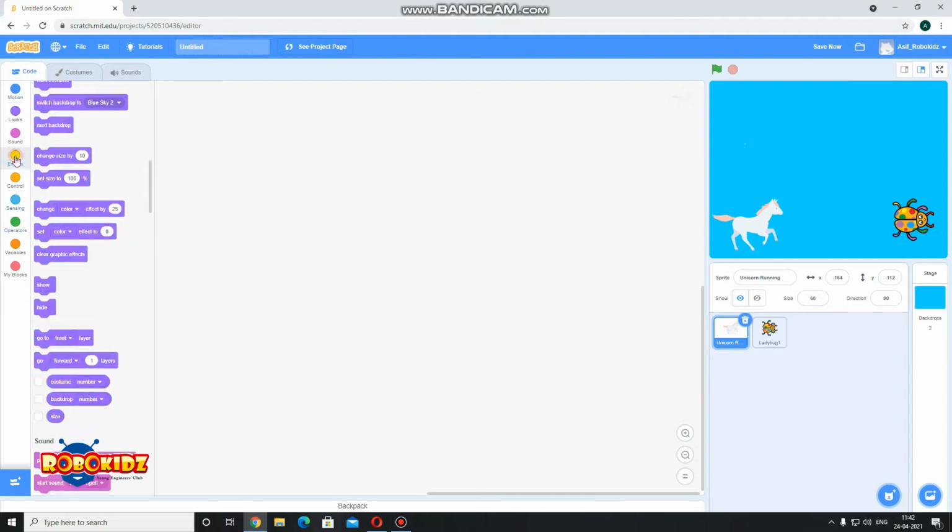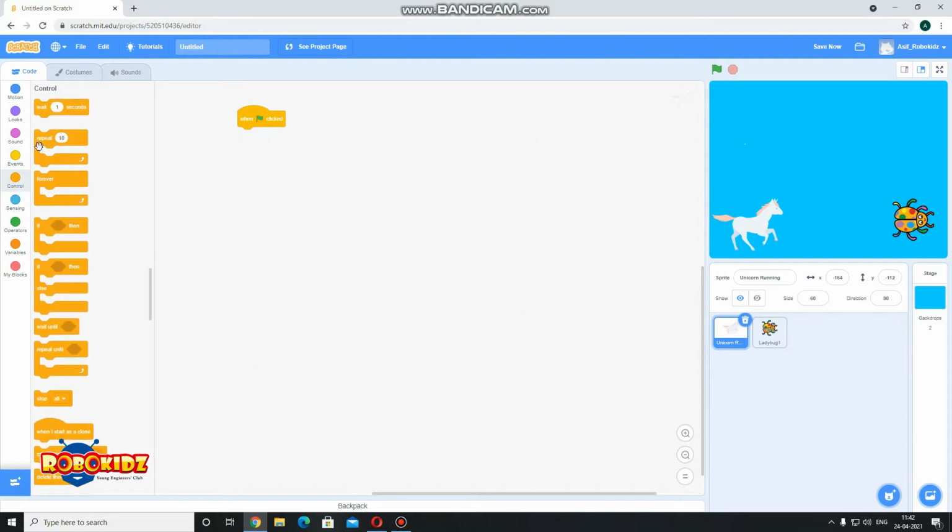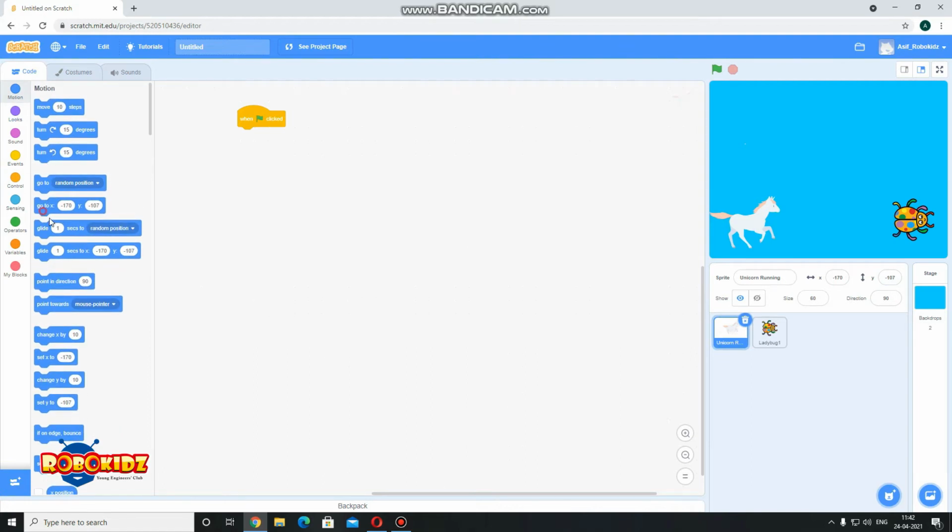So I'll go to the events. I'll select first when green flag is clicked, and then I want the unicorn to start its journey or to be at some certain place, so I'll keep it here, -170, -107. So here it is, -170, and I'll keep it -110. So this will be the steady position.